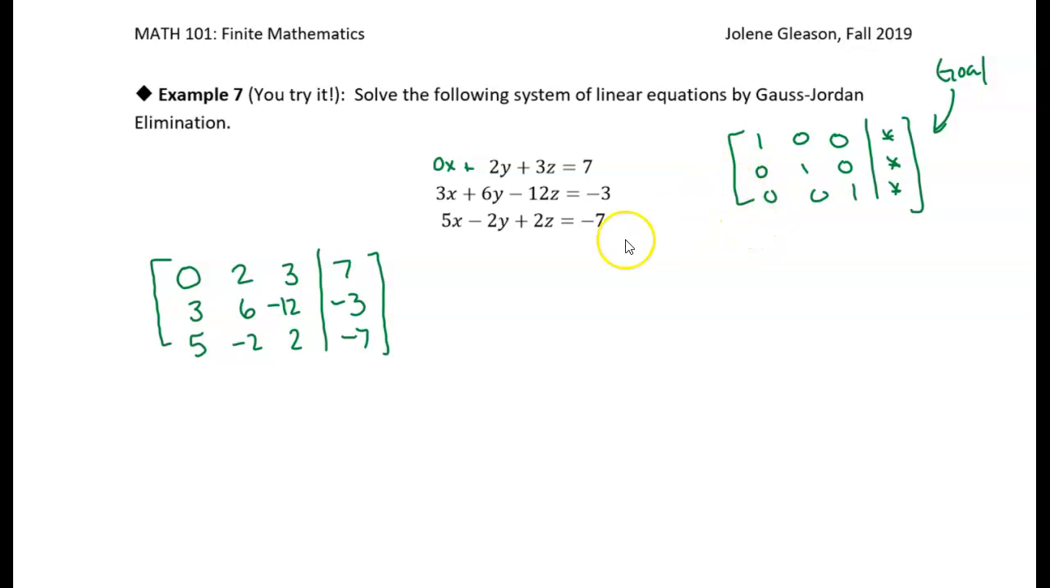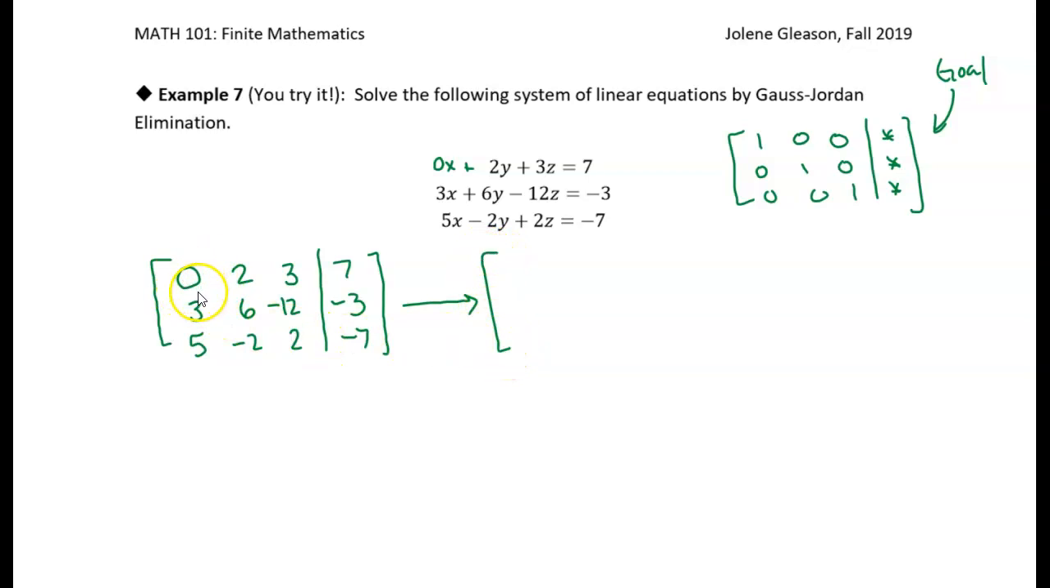All right, now we're just going to start with the first column and try to transform this set of equations, or this augmented matrix, so that the first column has a 1 in the upper left-hand corner, and then zeros below. So how can we do that? Well,